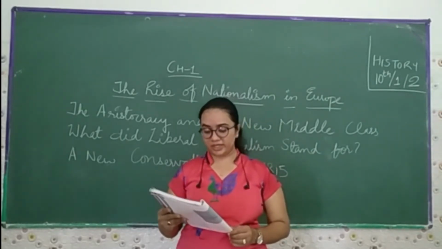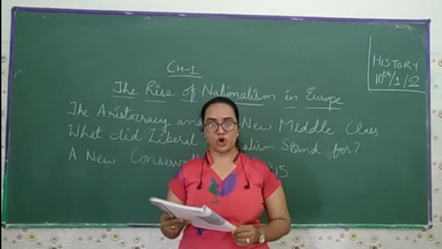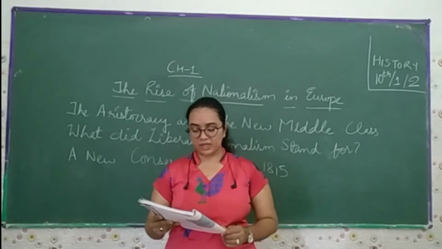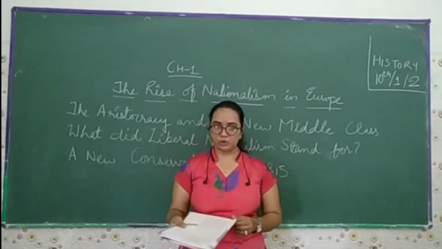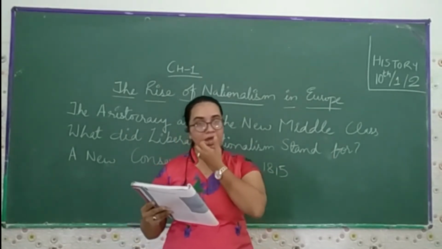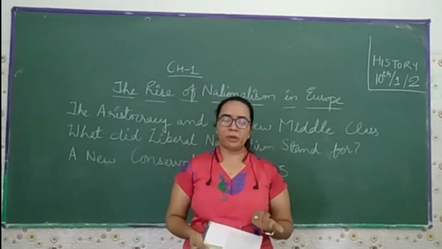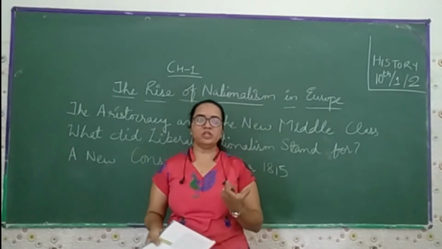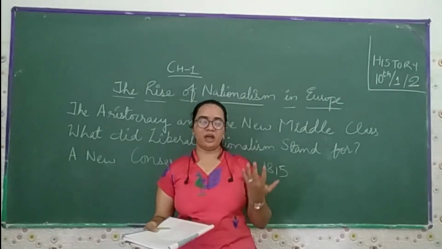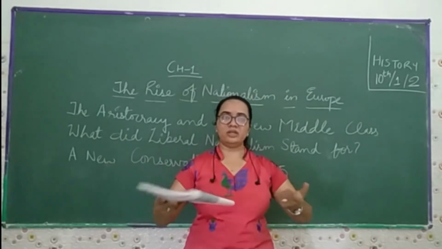It was among the educated, liberal middle class that the idea of national unity, following the abolition of aristocratic privileges, gained popularity. Here, the middle class people wanted national unity because they wanted their nation to be united. The idea is not bad because they are thinking about the nation. So these middle class people emerged as liberals, and they claimed the right and the idea to make the country united.